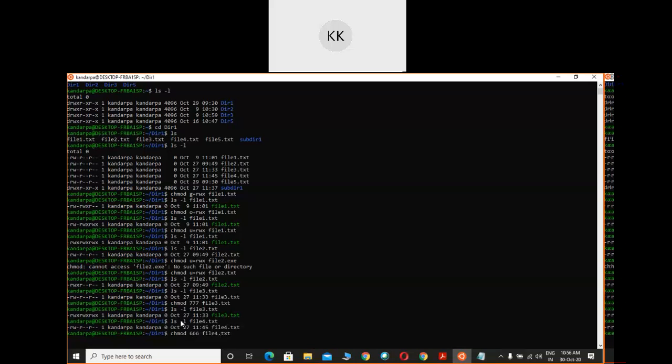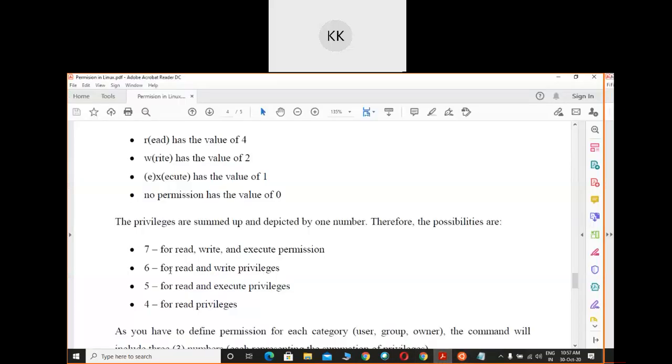Currently it shows read write, read, read. If I put 666, what will be displayed? You can see once, if this is 6, then it is for read and write privilege. If it is 5, it is for read and execute privilege.